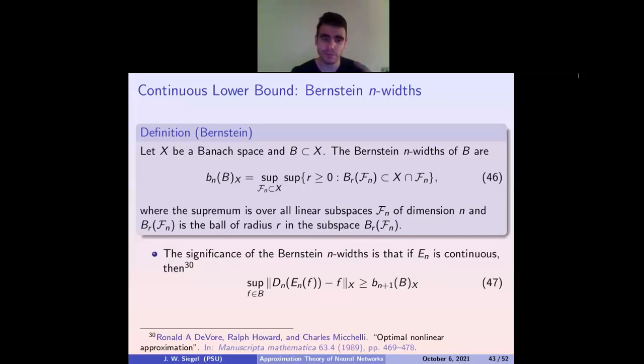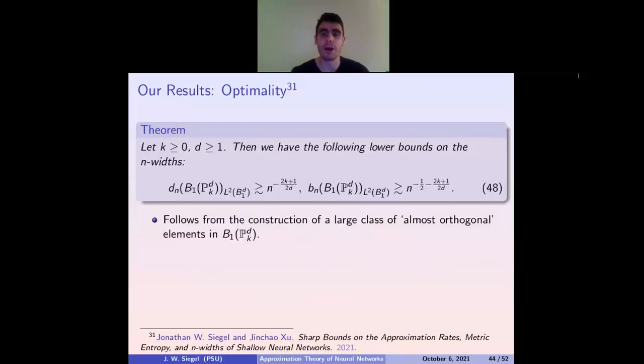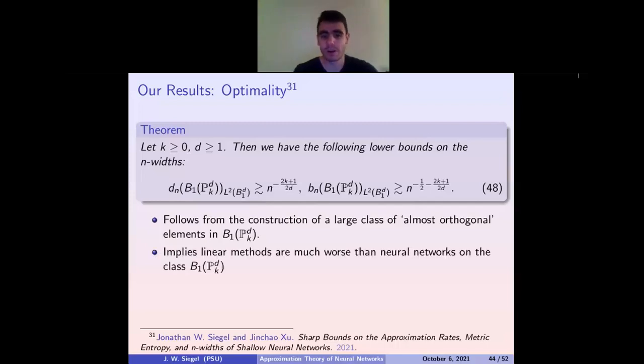So now what we did is we lower bounded both these quantities, right? So we showed that the Kolmogorov n-widths decay like n to the minus (2k plus 1) over 2d, right, for this convex hull of these ReLU-power functions. And the Bernstein n-widths decay at least, or bigger than, n to the minus 1/2 minus (2k plus 1) over 2d. And this actually follows from this construction that we had of nearly orthogonal elements. But what are the